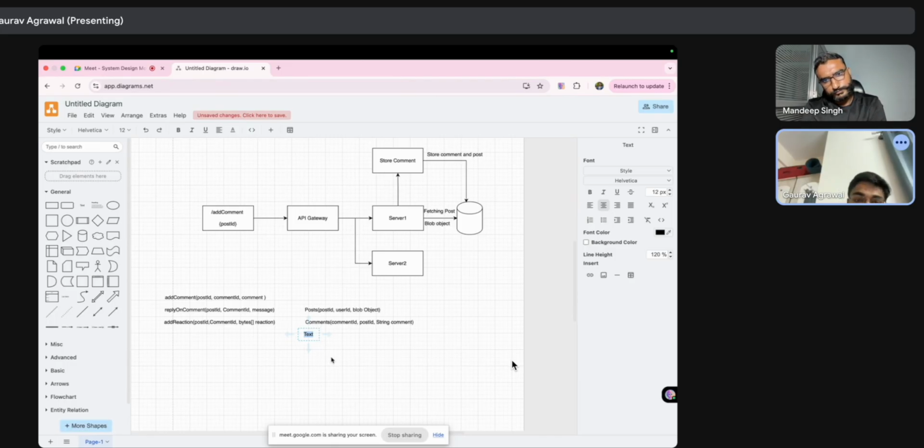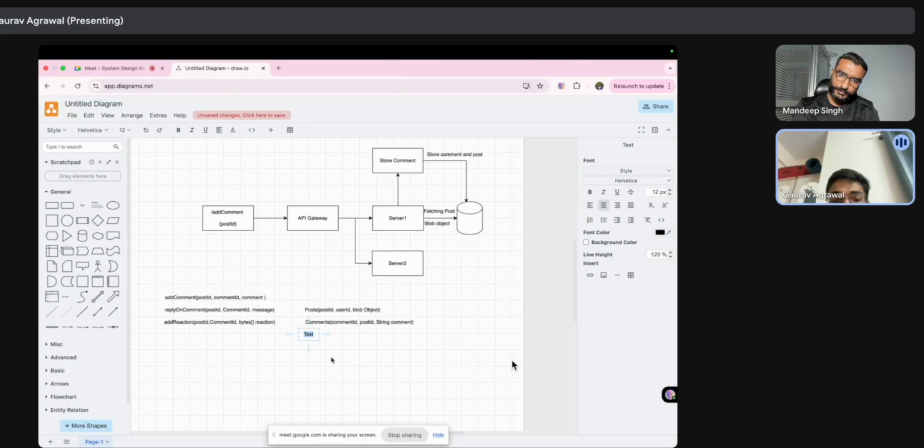Let's suppose there is a post ID, a comment ID, and a message. For a comment, we could have multiple replies.